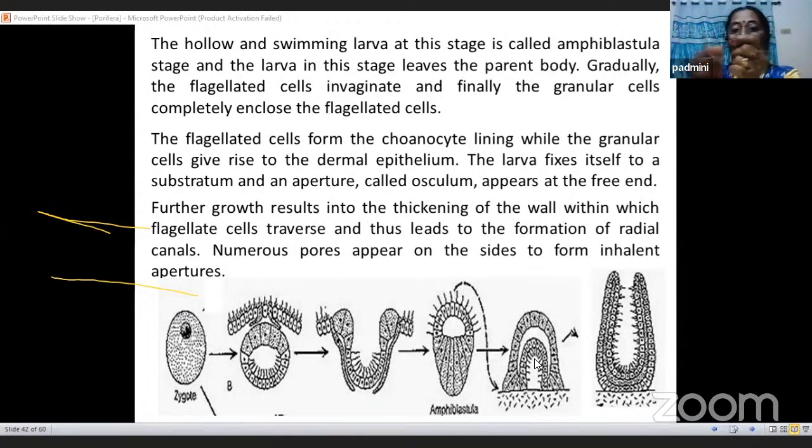So they're going to become like that. Okay, so invagination is what is occurring over here. So they are going to bend like that. So once the invagination occurs,